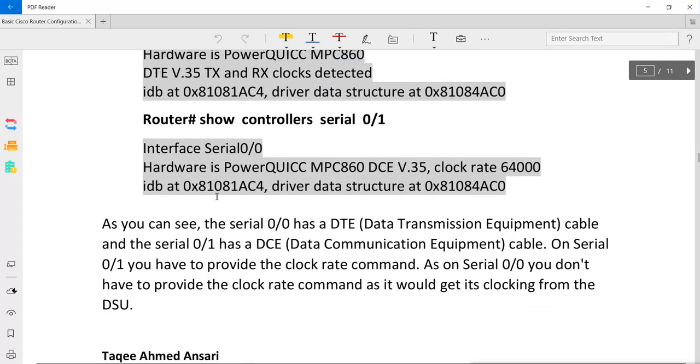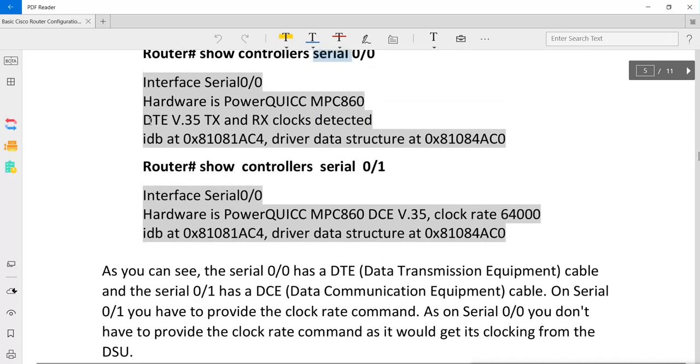Now as you can see, serial 0/0 has DTE, that is data transmission equipment cable, and serial 0/1 has DCE, data communication equipment cable. So on serial 0/1 you have to provide the clock rate command, whereas on serial 0/0 you don't have to provide the clock rate command, as it gets its clocking from the DSU.